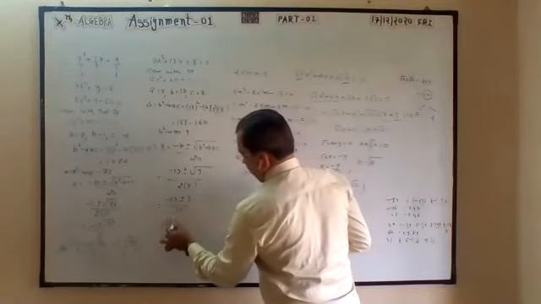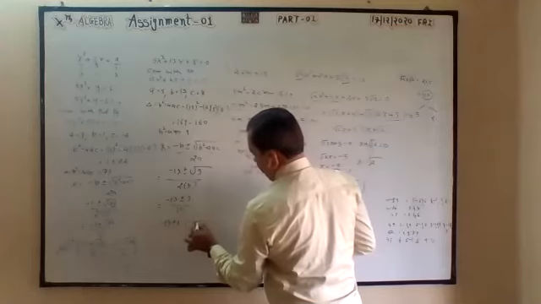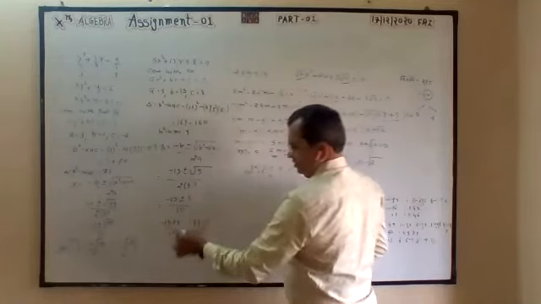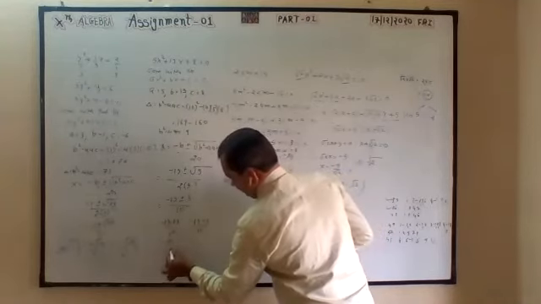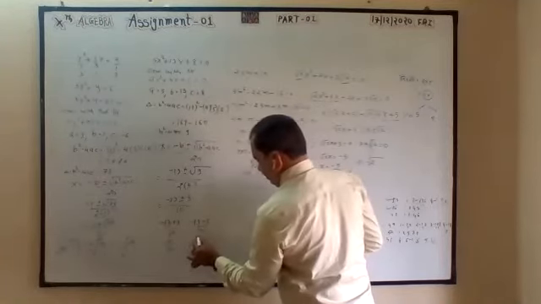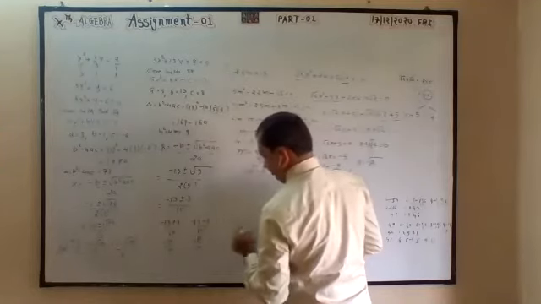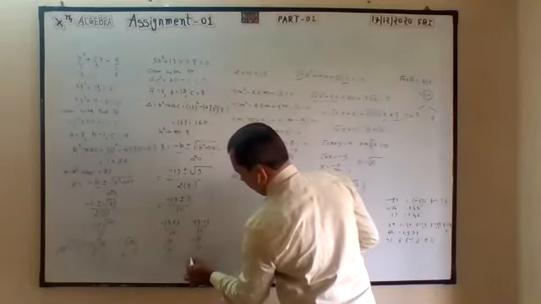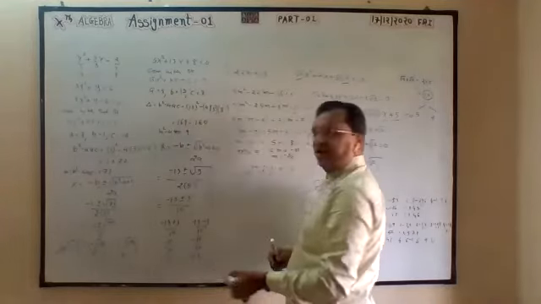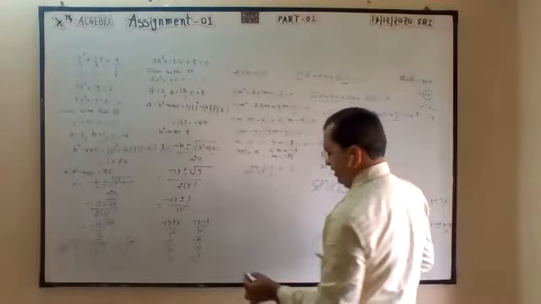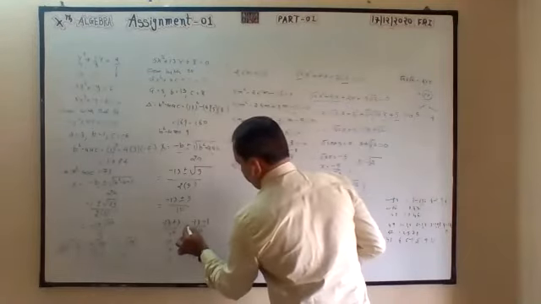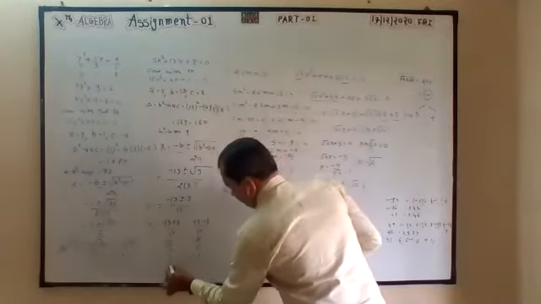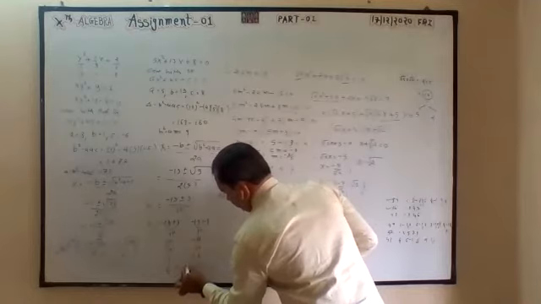So minus 13 plus 3, minus 13 minus 3, divided by 10. So this is minus 10 by 10. So this is minus 16 by 10. If I cancel, minus 1, minus 1.6, or you can write minus 8 by 5. Both are equivalent, same. So the solution is equal to minus 1, minus 1.6.